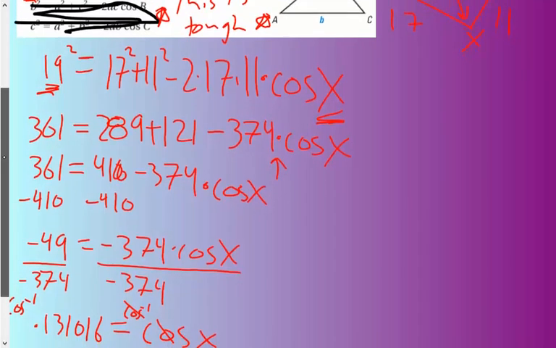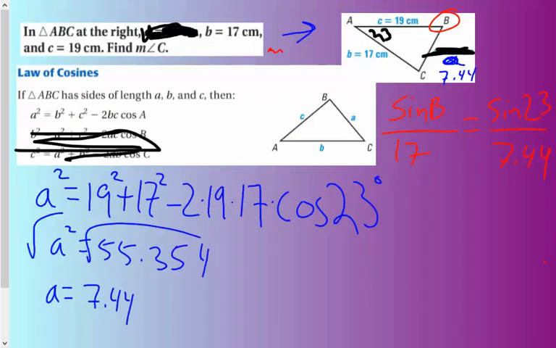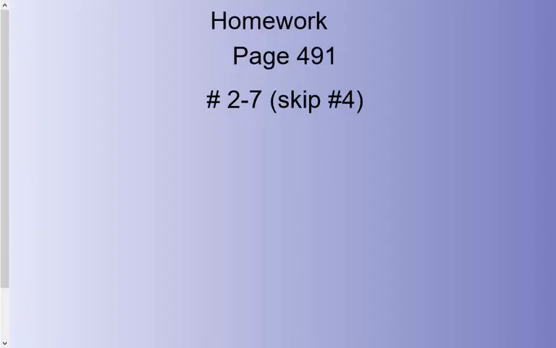So, as you can see, this is difficult. Make sure this is in your notes. You're going to want an example. This, when you're looking for the side length, is much easier. You just type everything in your calculator, square root. So, we're going to practice this in class. If you guys need any examples in class, we can definitely go over an example. It's tricky. I'm not going to try to sugarcoat and make it seem like it's easy. But I hope you guys enjoyed this video, and hopefully you take away